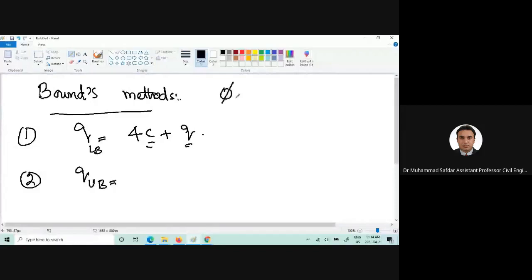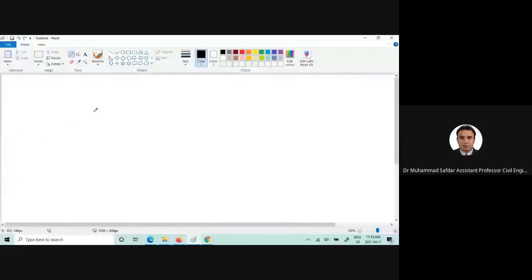Assume that the friction angle in undrained condition is equal to 0. 6.28 C plus Q is the equation for the upper bound solution. After that, we discussed the Terzaghi's bearing equation, and in Terzaghi's bearing capacity equation, we derived that we can write that equation